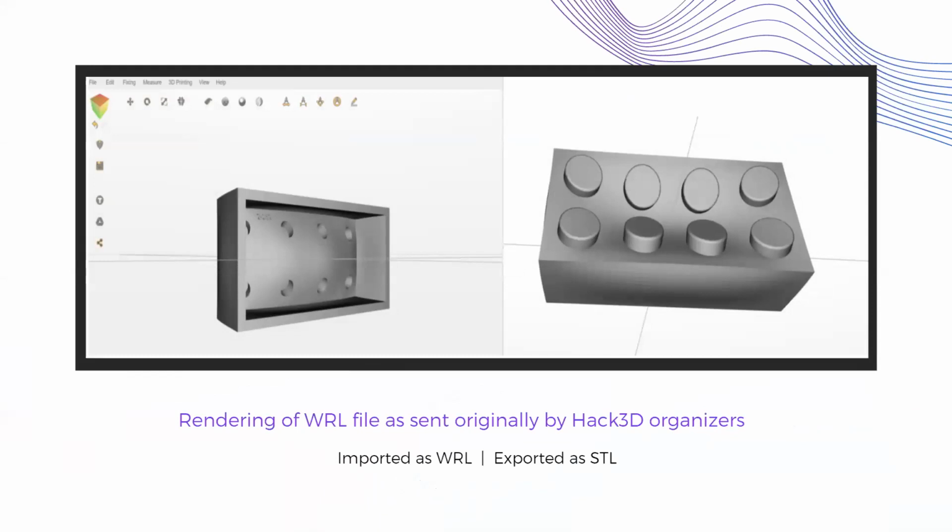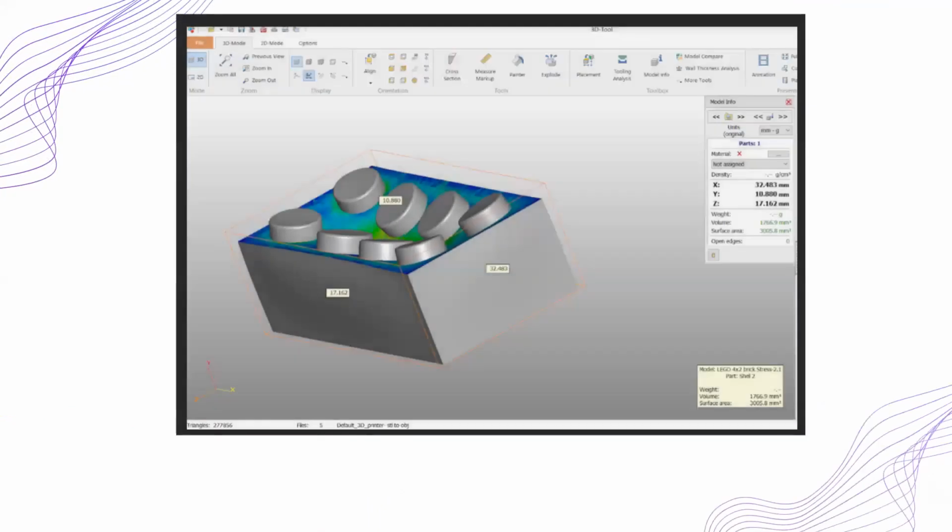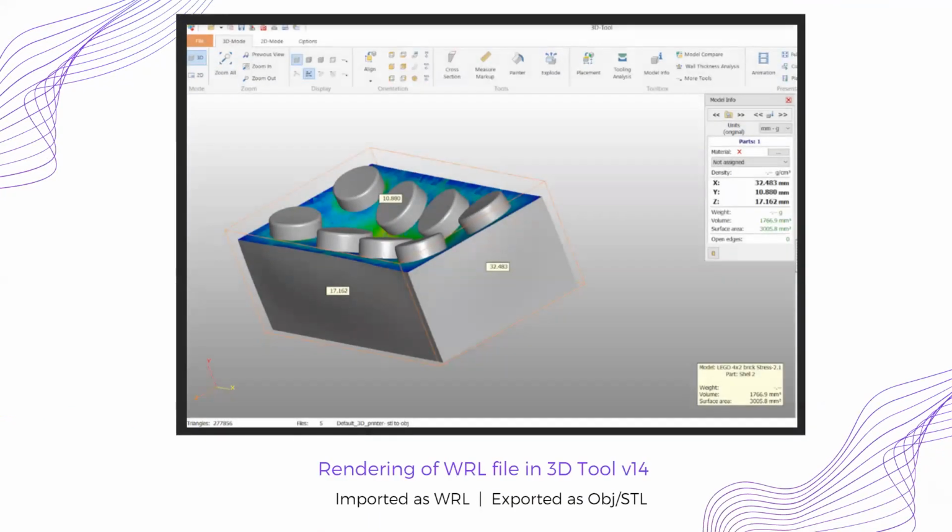This is the file which we are able to view using a 3D view tool online. Coming to that, we have exported this file as an STL. Next slide, please. We are able to view it in another 3D tool, version 14, which will give the solid model, which we can make an object file or STL file as well. This helped in figuring out the dimensions approximately matching the standard 4 into 2 Lego brick, so we came up with the standard model, confirming that we're dealing with the model.